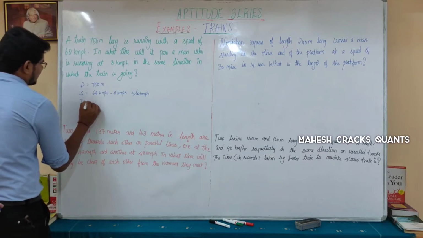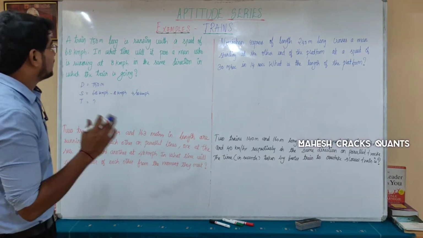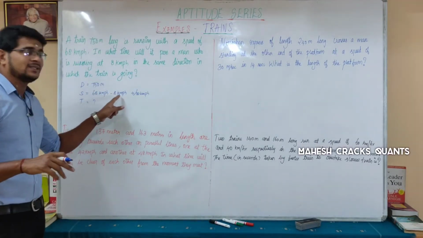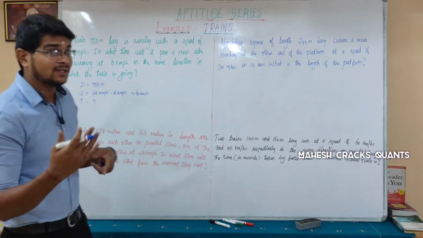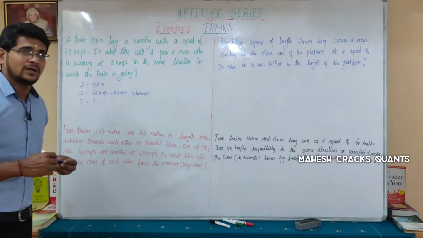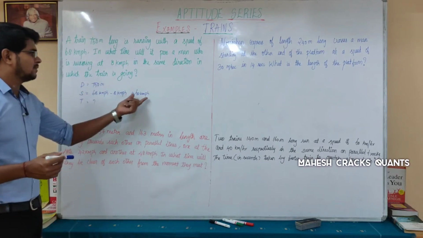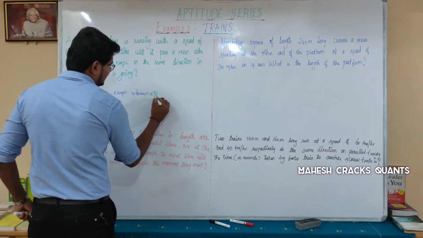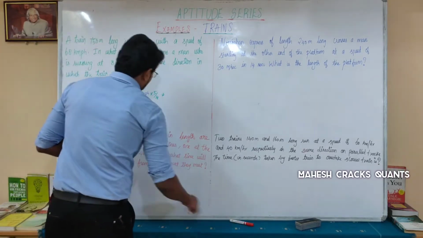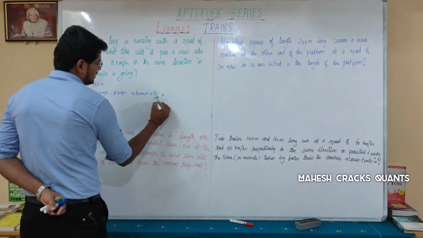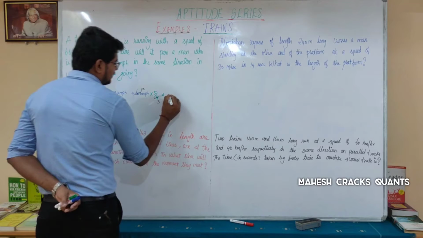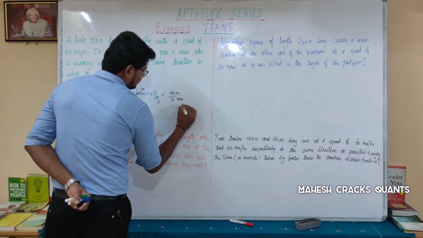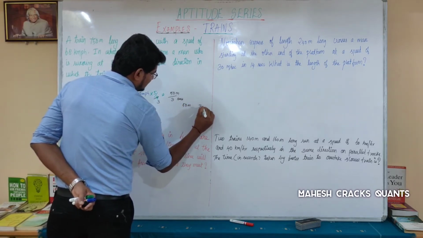And the time taken is what they have asked. In what time will it pass a man? We will not consider the man's length, but we will consider both the speeds. That is why we have taken relative speed. Here the question is in meters, so you have to convert this into meters per second by multiplying by 5 by 18. Cancelling, how many times of 6 is 18? 3 times. Here 10 times. So 10 into 5, 50 meter divided by 3, which is 3 seconds. The train can cover 50 meter in 3 seconds.